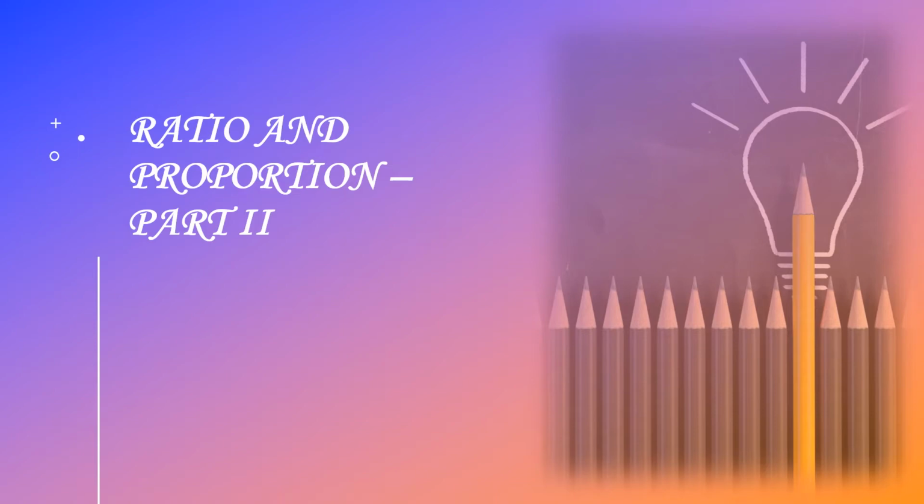In cooking also we use the ratio and proportion concept. If we want to cook 1 cup of rice, we need to add 2.5 or 3 cups of water. And therefore here the ratio becomes 1:3. That is, 1 cup of rice is equal to 3 cups of water. Okay. Next we move on to the problems that are asked in exams.